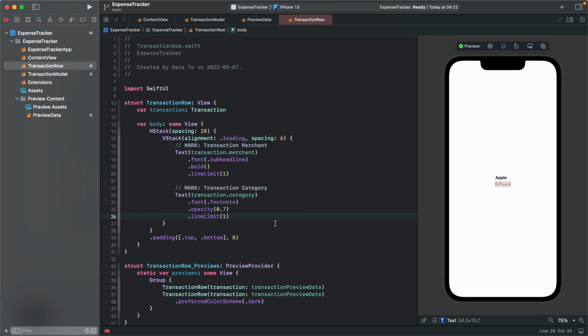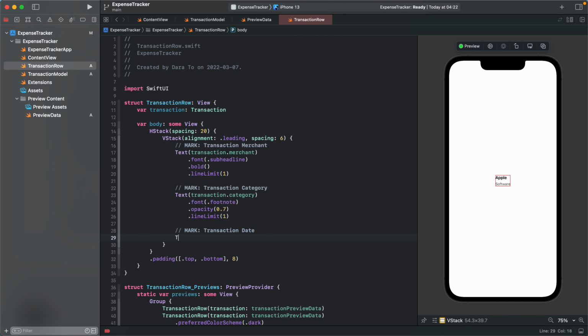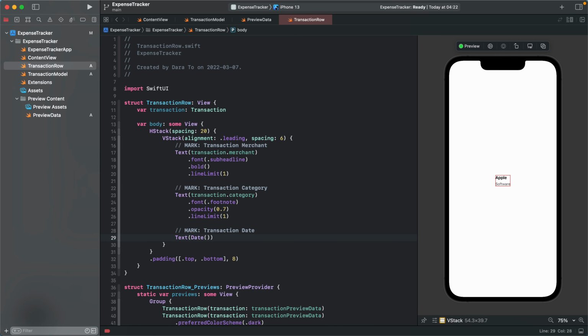Finally, under the same column, we're going to place the transaction date. Add another text view. We'll put the current date for now because the transaction date is a string, therefore not in the desired format. We'll need to convert it to a date format first before being able to use it. The text view only accepts a string, so let's turn the date into a string by adding the format property